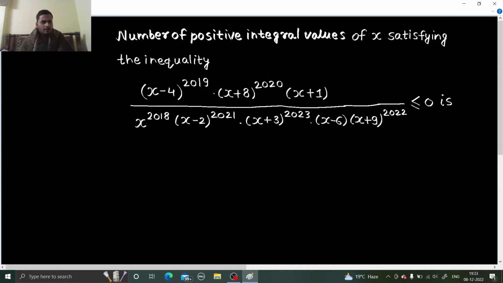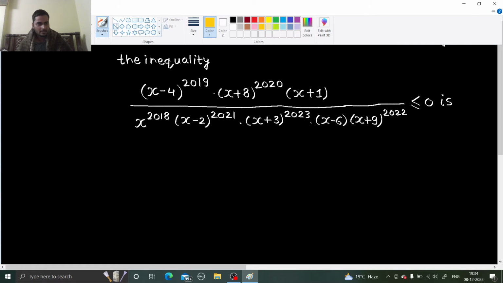First step always is, if there is any term which is always positive, then you can move that to the other side, but it is not looking so here, because neither a term like x square nor any constant is present. So we can move ahead and draw the